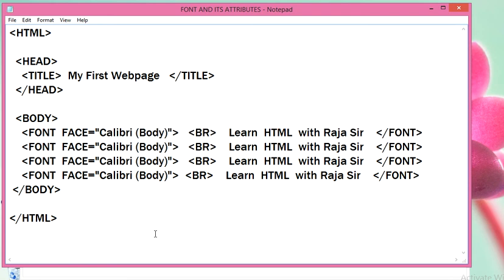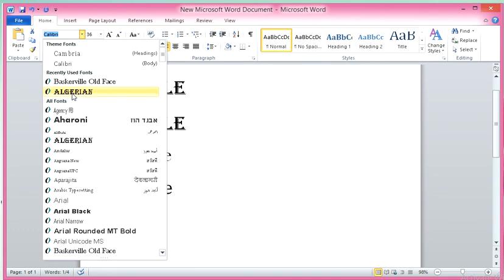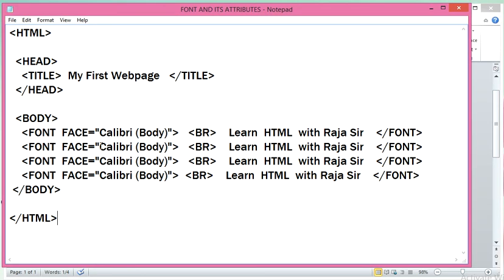So now we are going to change. So copy a different one, Algerian, and use it in your coding. In the second line I am going to paste Algerian.